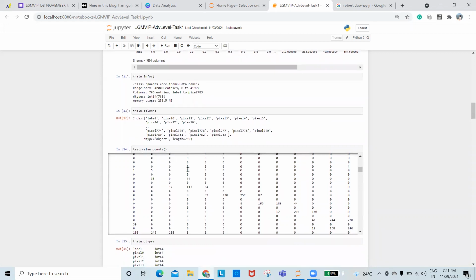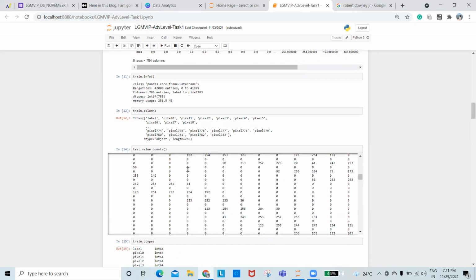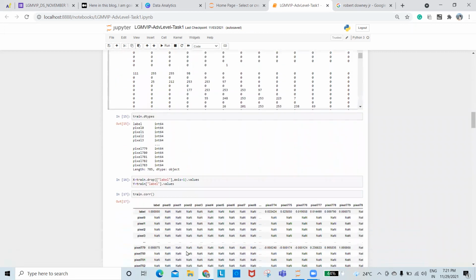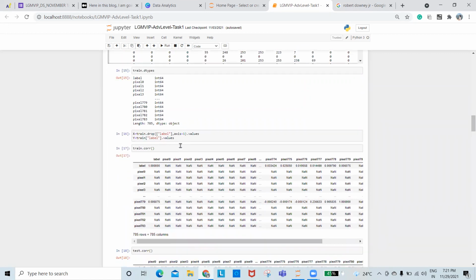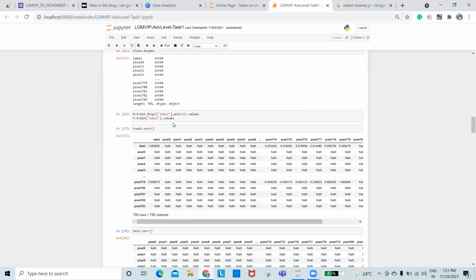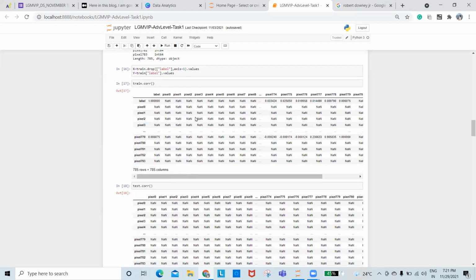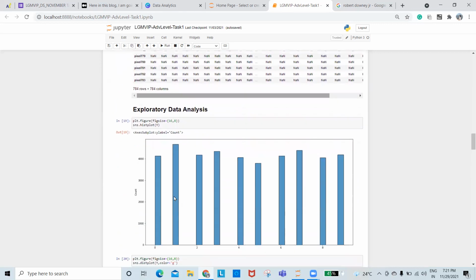And value counts gives the value counts of that. And dtypes gives the types present in the columns of that train.csv. And we need to drop the label axis of the values. This is to find the correlation.